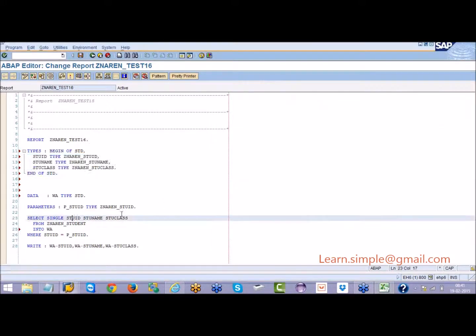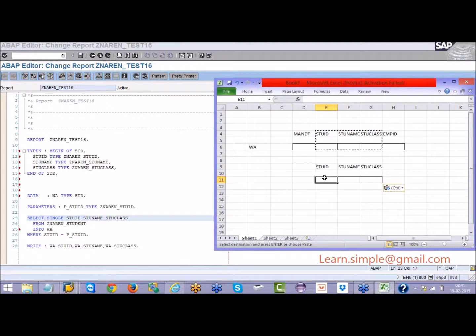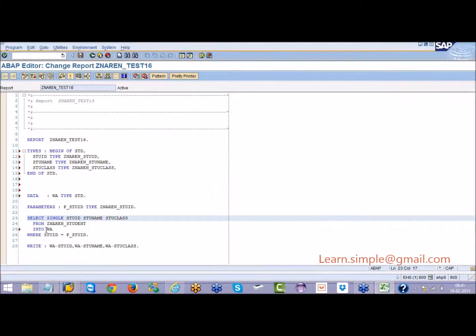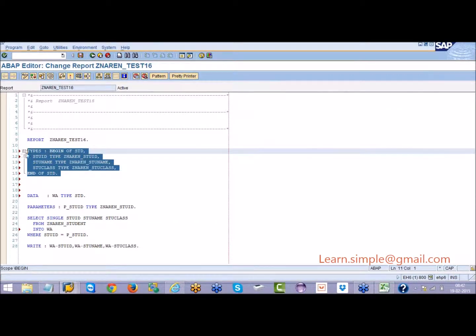Student ID will come and sit in the first field of work area, which is nothing but student ID. Student name will come and sit in the second field of work area, student name, and then class. So in this case, no need to give into corresponding fields of. Into corresponding fields you will provide when the work area fields have a different order than the select fields you are selecting here. But here there is no need of that because we have a proper structure declared.